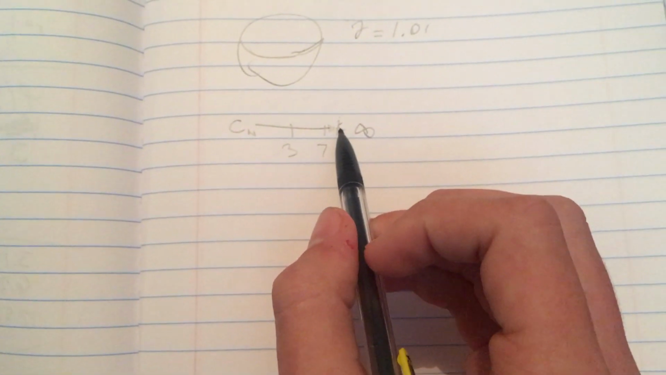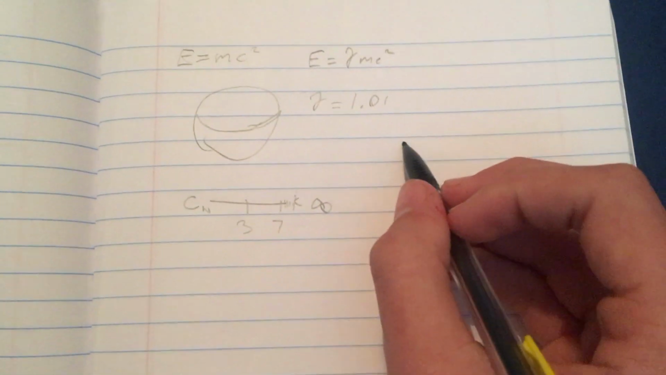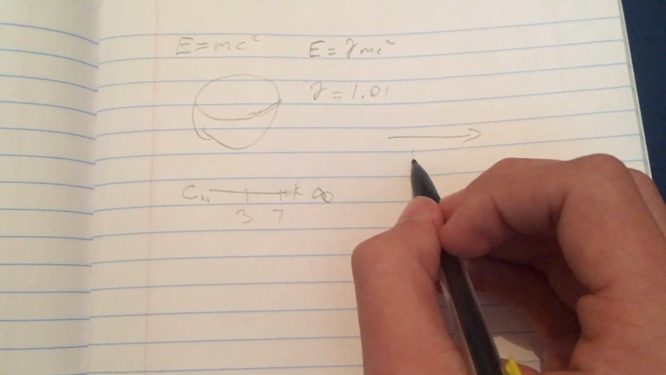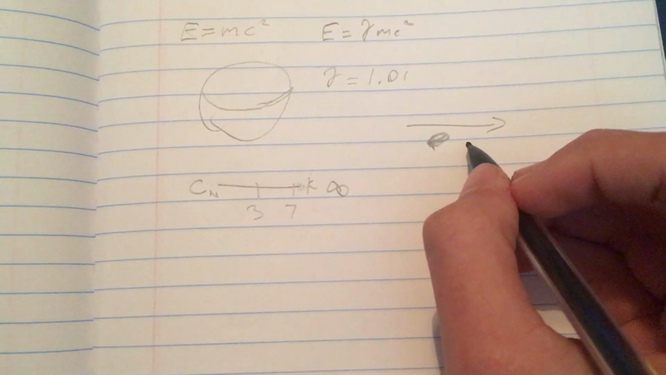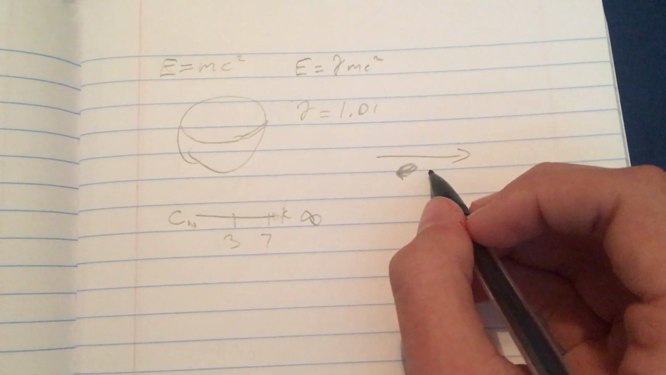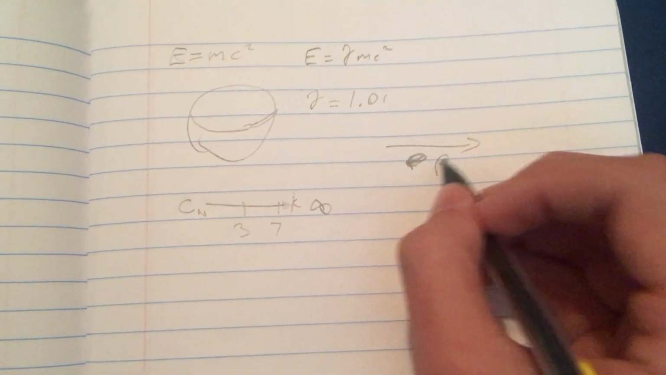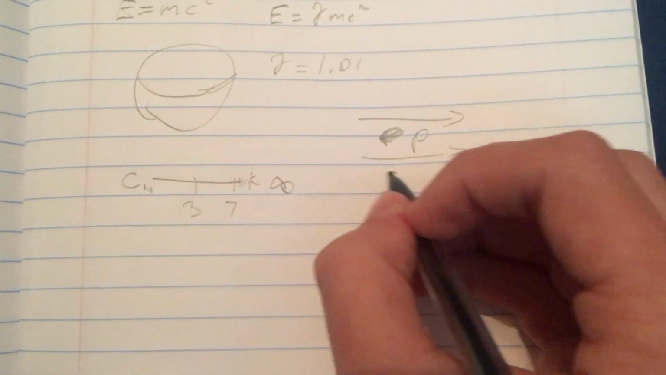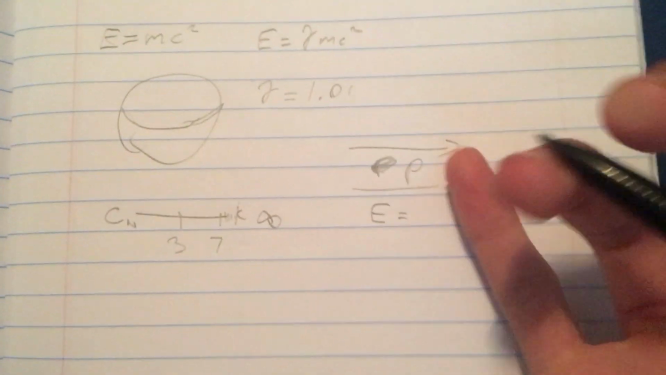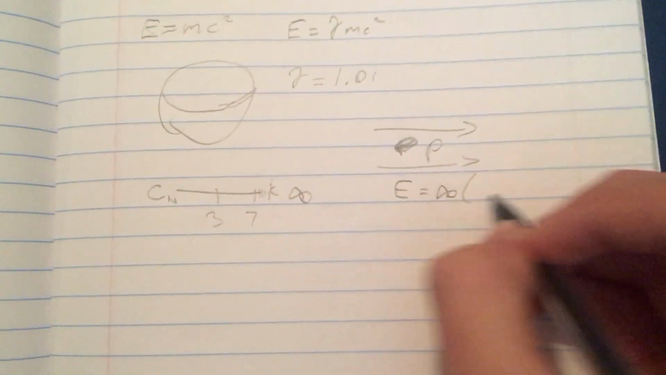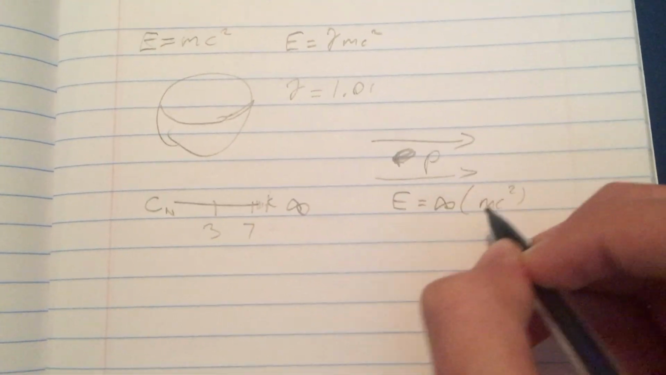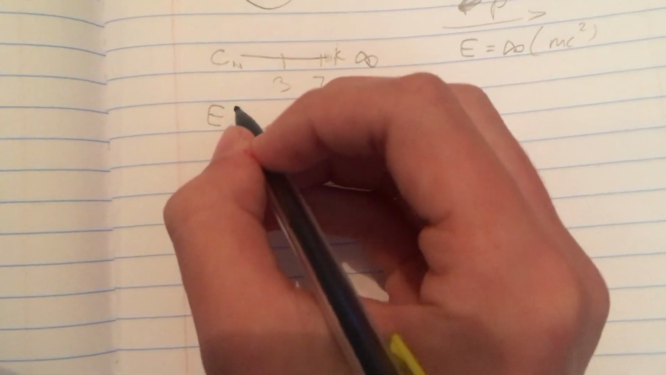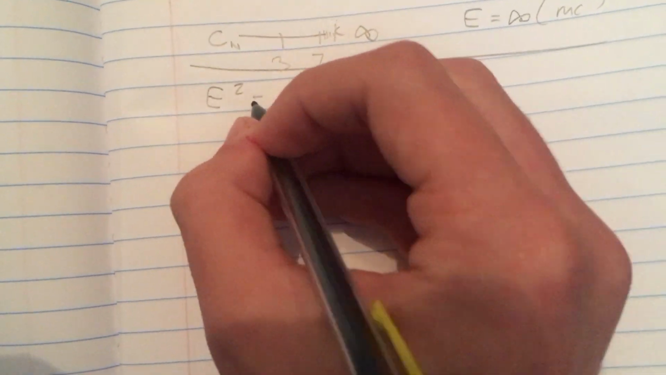So as it approaches the speed of light, gamma slowly gets to infinity. Let's say you have a photon, P, going at the speed of light somewhere. If you wanted to plug that in, the equation would be infinity times mass times speed of light squared. Okay, so that's a lot, but what a lot of people don't know is that the real equation